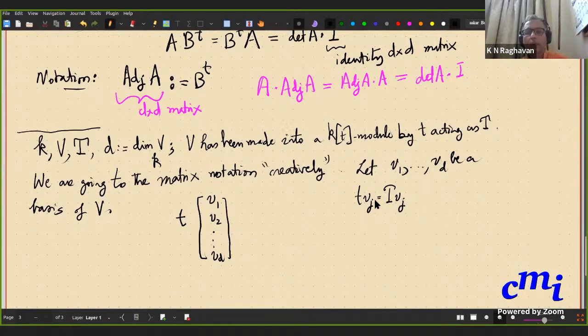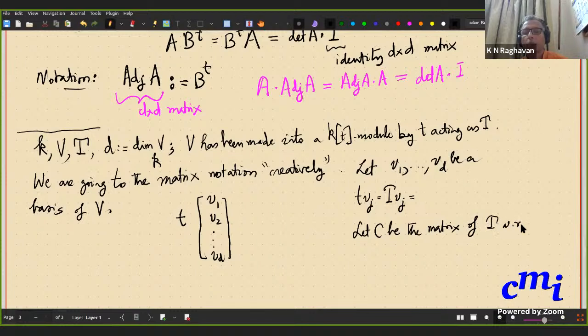Let C be the matrix of T with respect to v1, v2, ..., vd. Then tell me what this is, please. What is T vj equal to? If C is the matrix of T with respect to v1 through vd, then T times vj is equal to